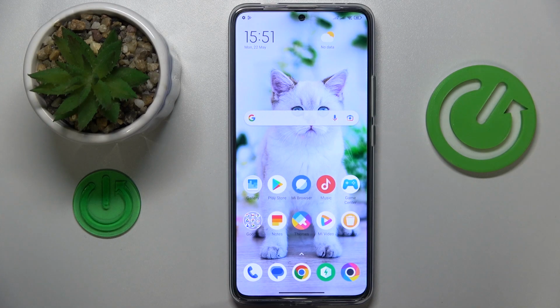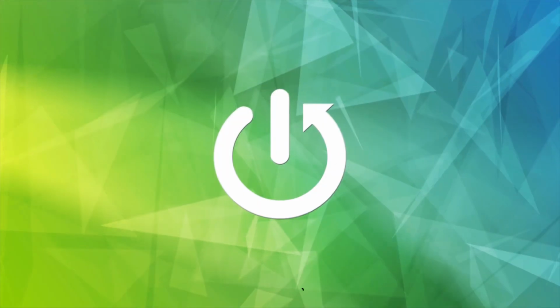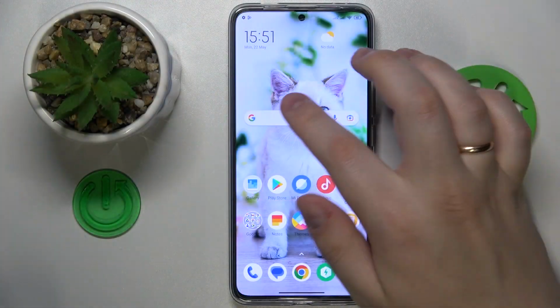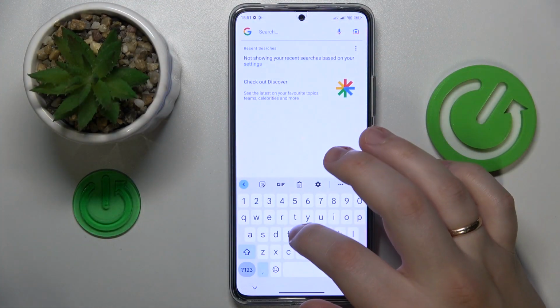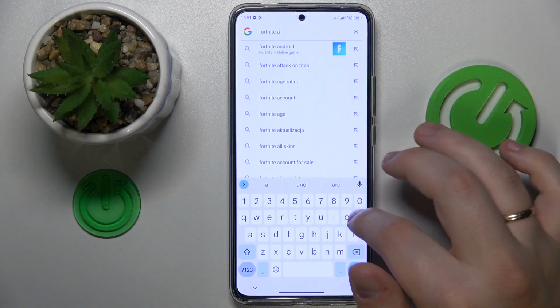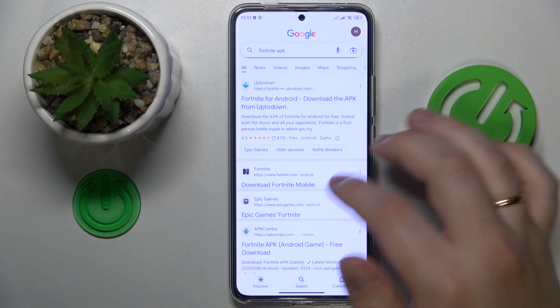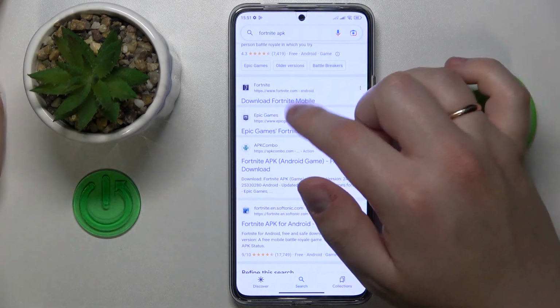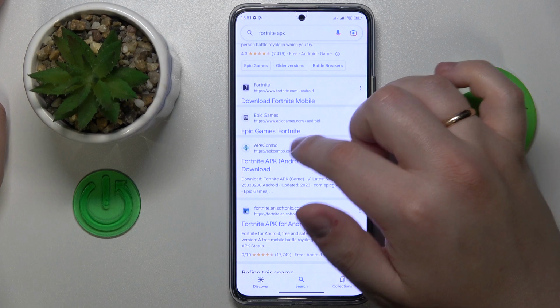This is POCO F5 Pro, and today I would like to show how you can download and install the Fortnite game on it. So to start, open any search engine that you prefer, then input the Fortnite APK query. Amongst the search results you will be provided with, you will need to either go for the Fortnite.com or EpicGames.com